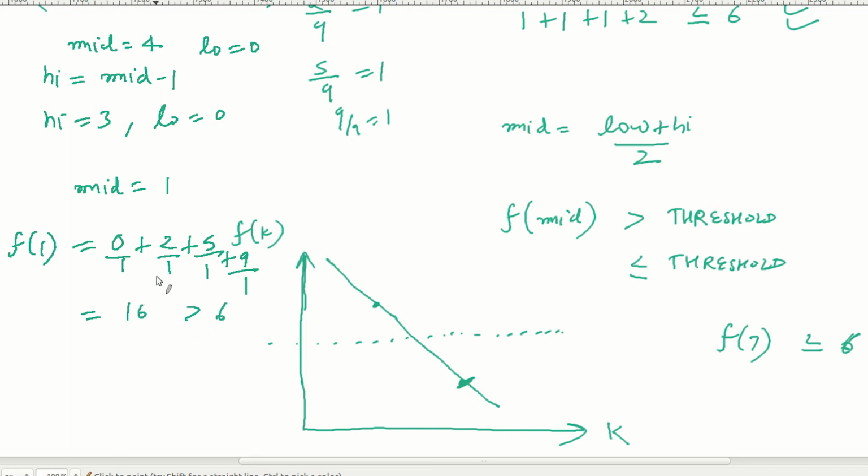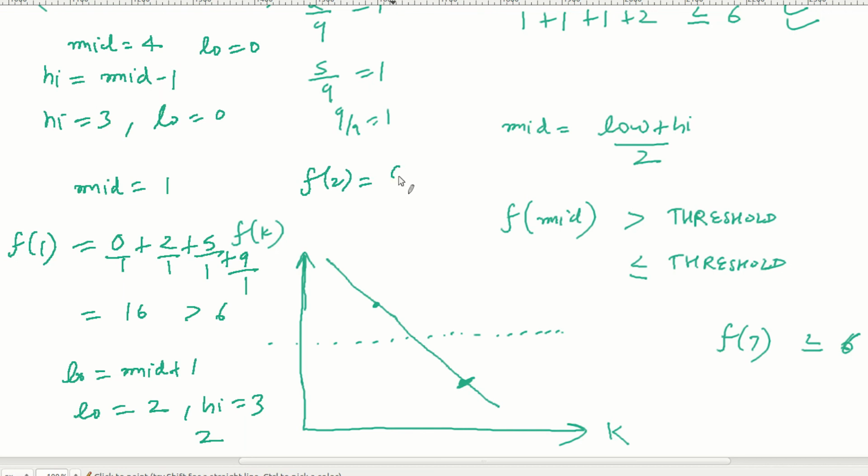So now I will move ahead. I will do low equal to mid plus 1. So low will now become 2 and high is already 3. So 2 plus 3 by 2 is 2. So now I will check for f of 2.